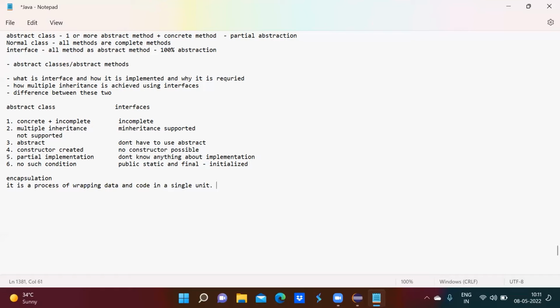A class has variables, methods, and a constructor. For security purposes, they wrap up the data in a single class. We do that with the help of getter and setter methods. So it is actually a technique